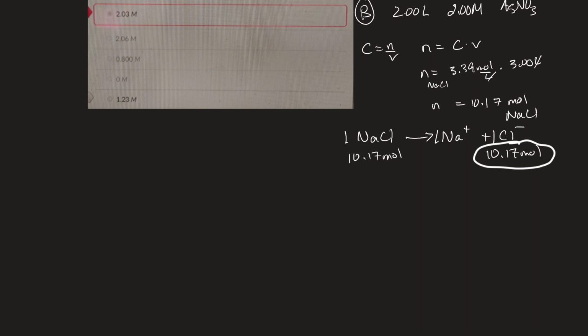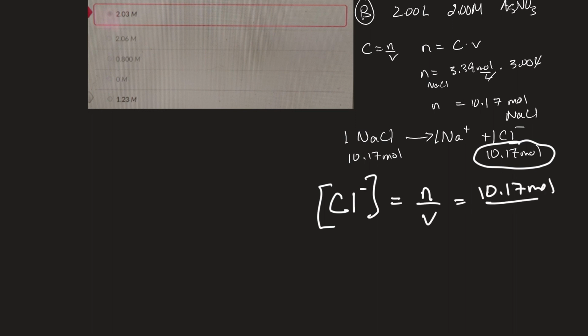But I'm looking for the concentration of chloride ions. So the concentration of, well, I'll write it this way. The concentration of chloride ions is equal to moles over volume. Moles is 10.17. And the volume, this time, if you mix the two, then the volume that the chloride ions are in, you would just add those two. So I've got 3 and 2, so I've got 5 liters of solution. So if I divide, that's got to be 2.03, just a second, 4